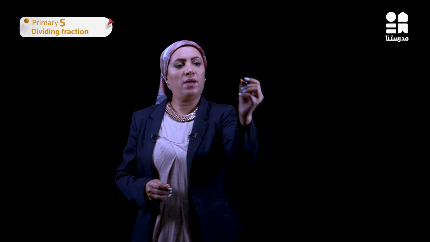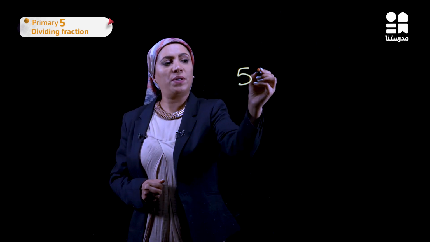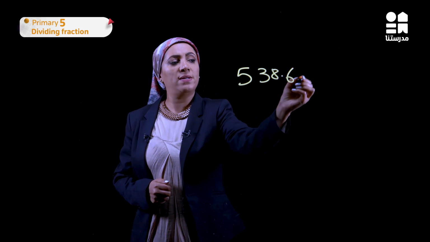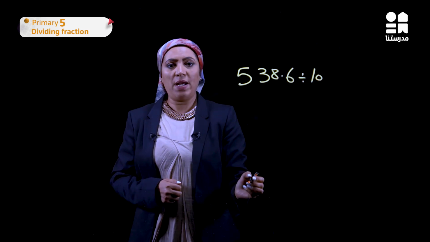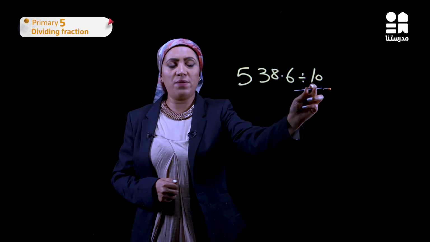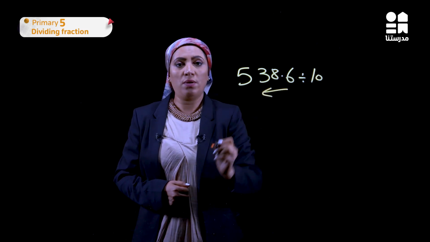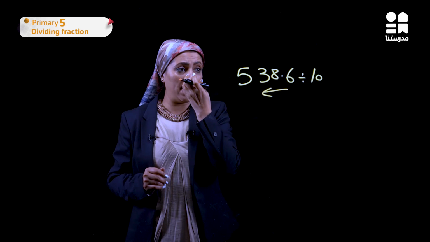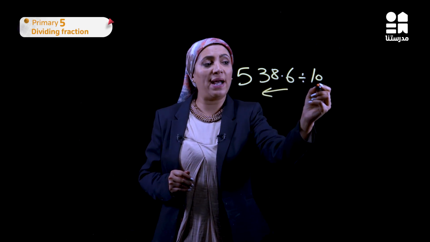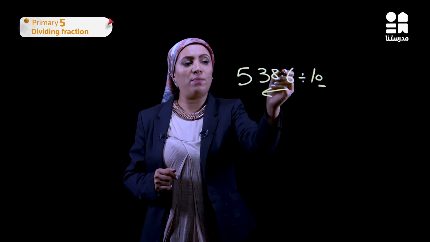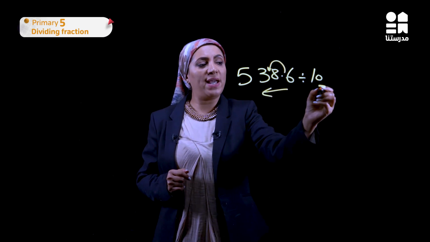We said we want to know how we got the result, like we did in the last question, and why we use this method and answer it this way. The question was 538.6 divided by 10. And we said, according to the number of the zeros that we have, we move the decimal point in the division to the left-hand side. So here, how many zeros do I have? I have only 1 zero. So I move the decimal point one place. So the answer will be